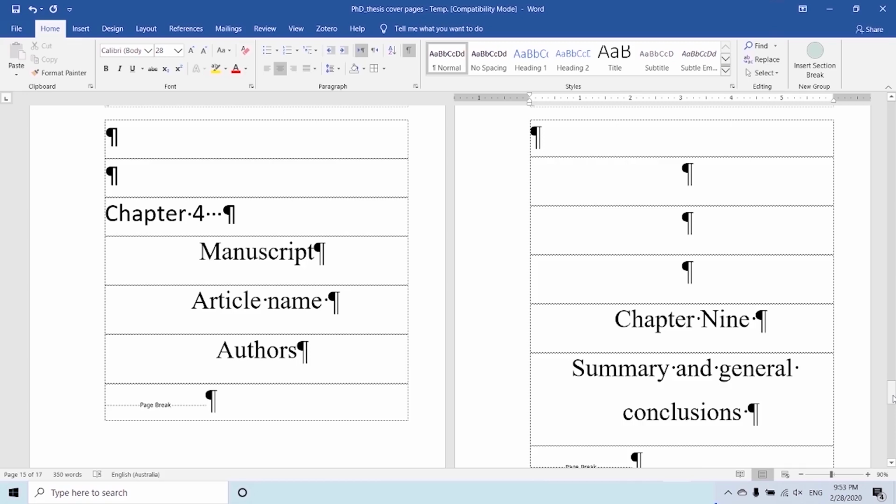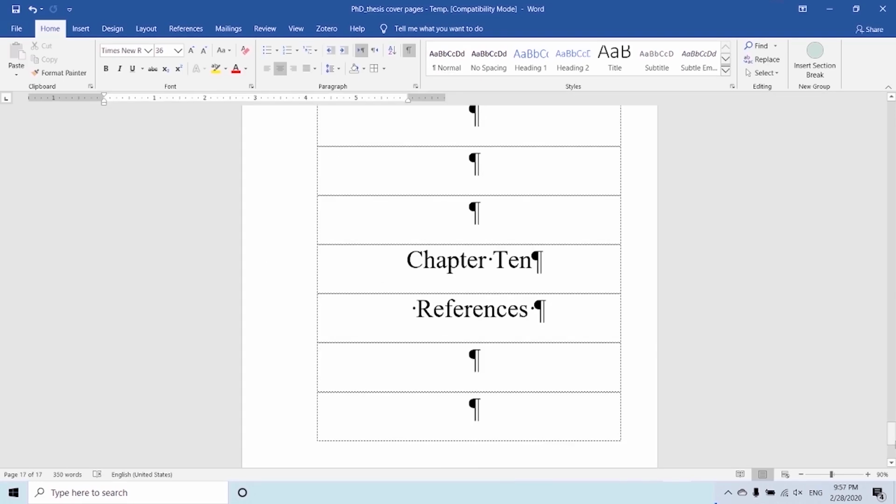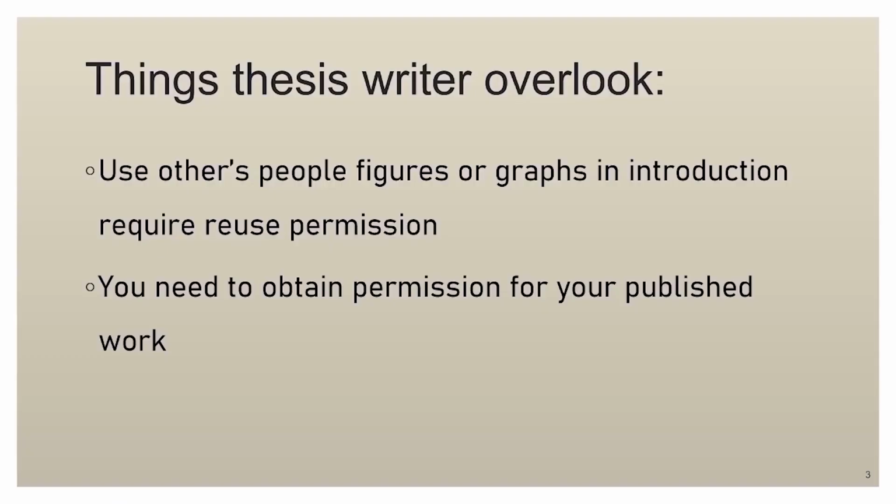Finally, type your references chapter and follow the guidelines of the school in referencing and use the correct style. In some theses, students use figures or graphs in their thesis introduction section without acquiring permission, which may